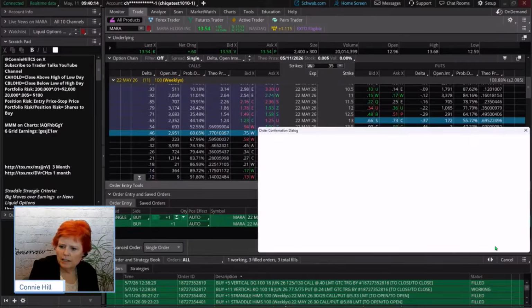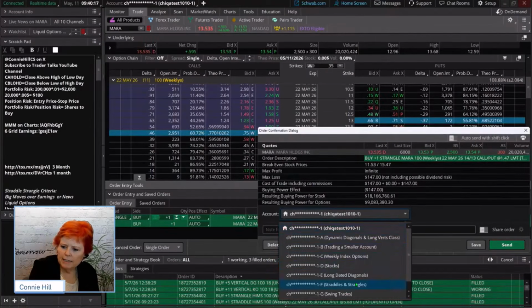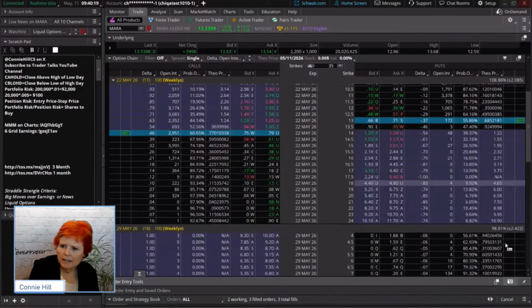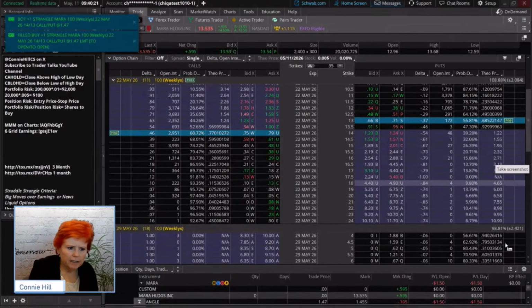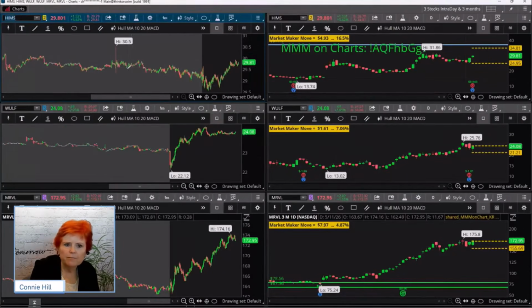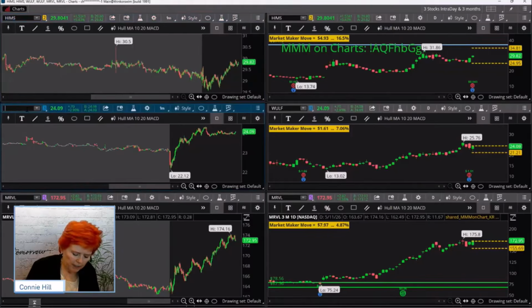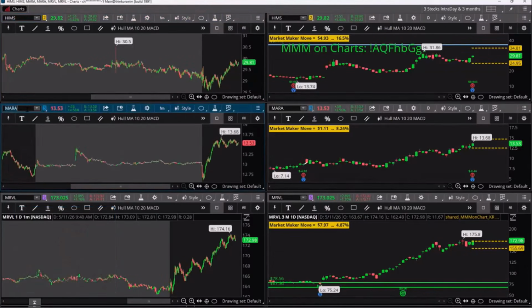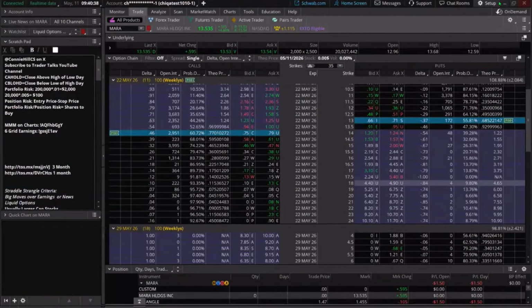So same thing, we're going to hit confirm and send. We're going to send it to our straddles and strangles. And then in our grid tomorrow, or actually later on, we'll put in an MARA. We'll be able to track both of them together and see what they're doing. Okay, that's why this grid can be fairly helpful, specifically with looking at earnings trades. All right,